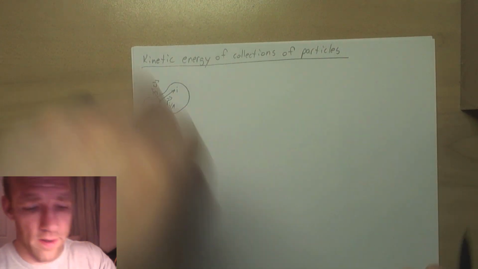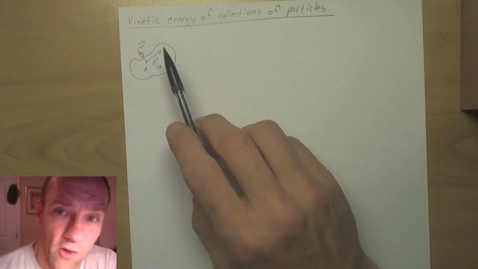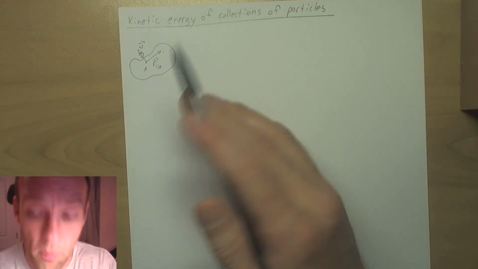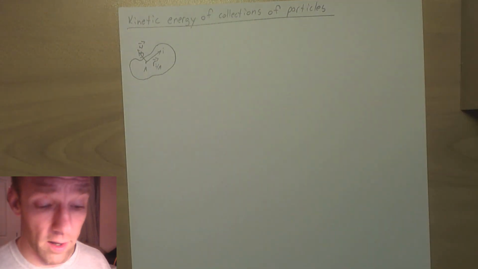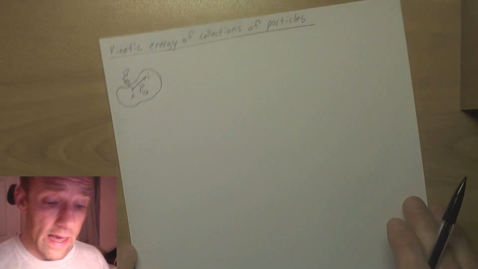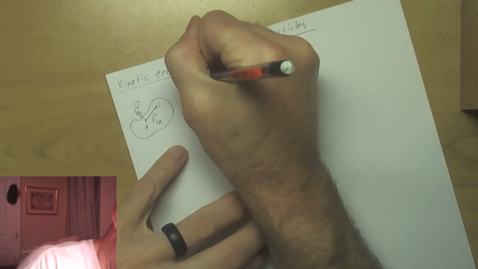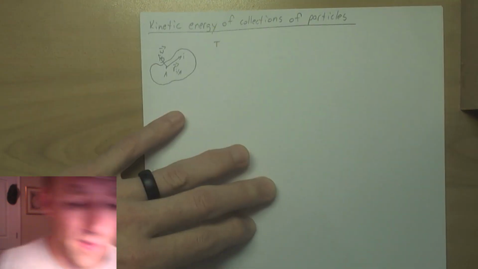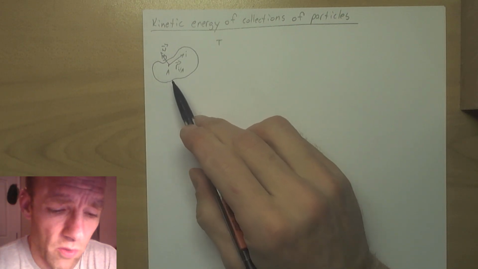So we're going to talk about, I'm going to derive a little formula for kinetic energy when we're dealing with many particles or a collection of particles or a rigid body. Okay, and we're going to start initially with just the definition of kinetic energy. So the kinetic energy, we're going to treat this, we're going to treat the object